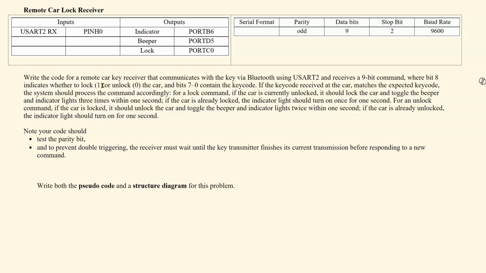Basically, you're looking at the receive code. If the command is to unlock the car, unlock it unless the car is already unlocked. And if you are to lock the car, lock it unless the car is already locked. But read that instruction. You should test the parity bit because we're using parity. And to avoid double triggering or debouncing, you must wait until the key transmitter finishes its current transmission before responding